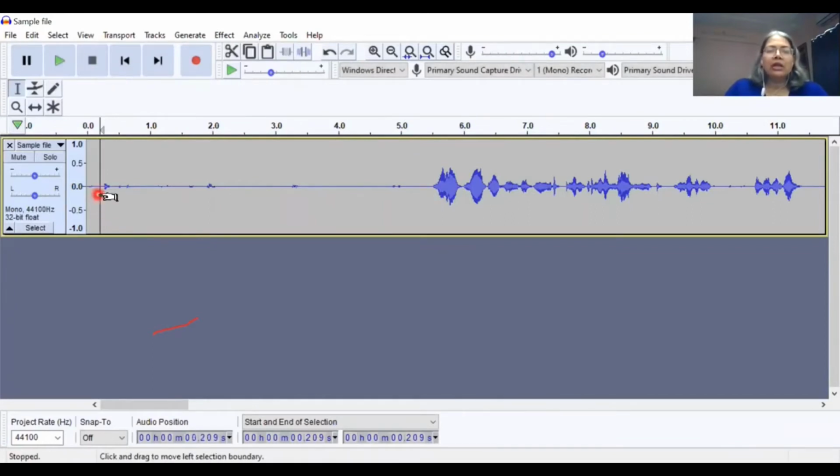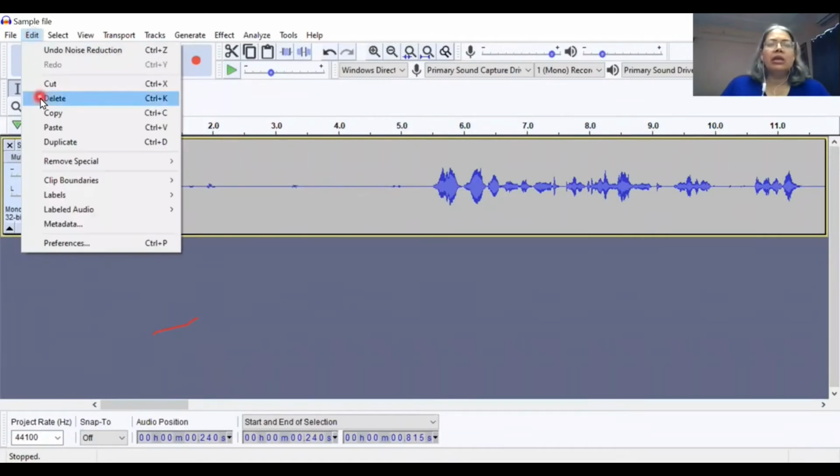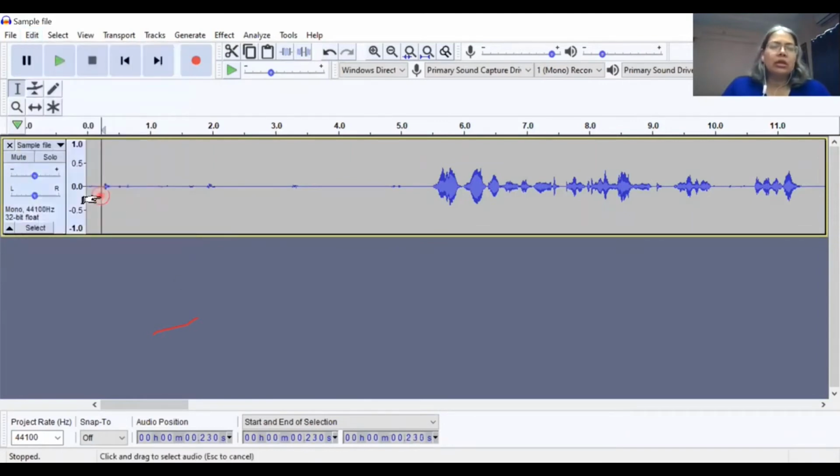And these aberrations, these little spots of sound, how are we going to take them out? We place the cursor there by clicking, left click and drag it to include some of those specks of noise. Now to delete this, you have edit menu, delete. You can select that, or see, not the whole file, you just select what you want.